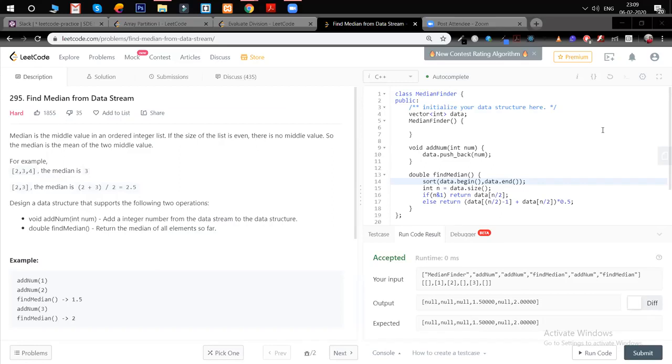Suppose you are looking for the largest element and it's already a sorted array. First time you are looking at n-1 elements, next time n-2 elements, n-3 and so on. So your time complexity will become O of n square, unfortunately.